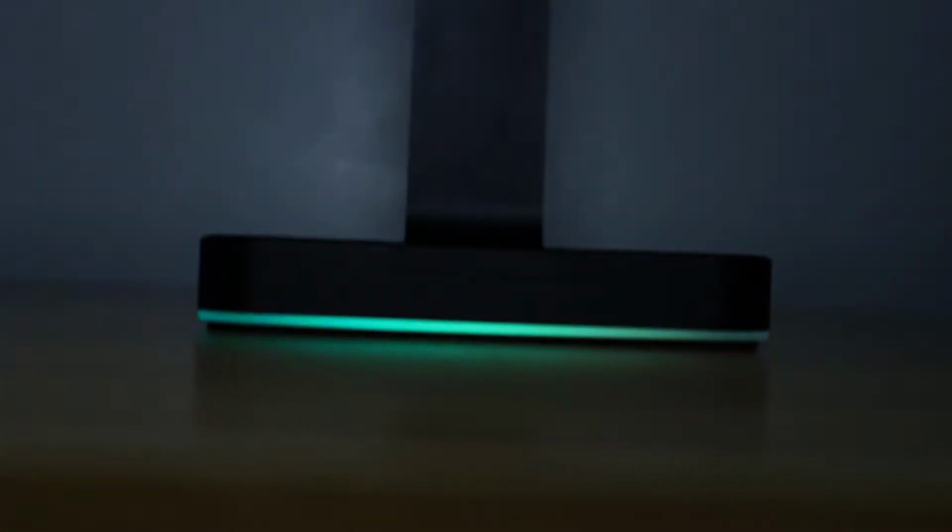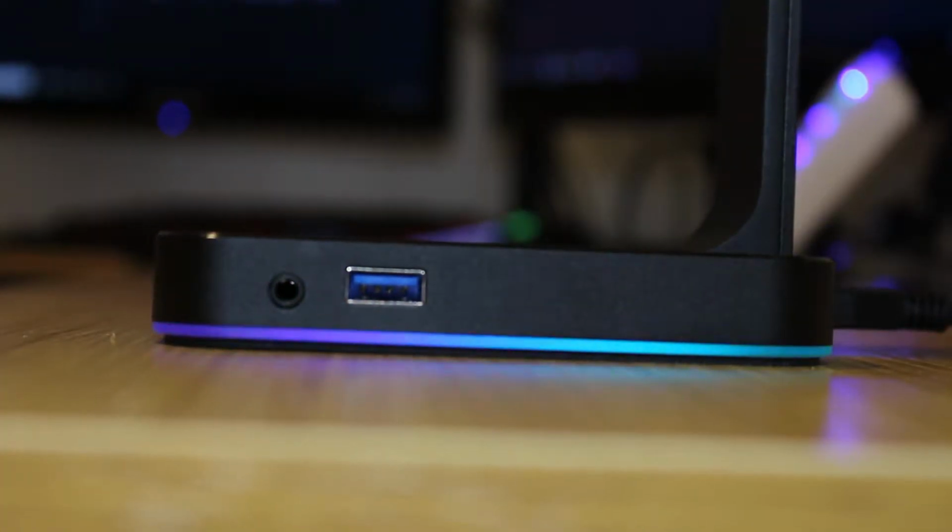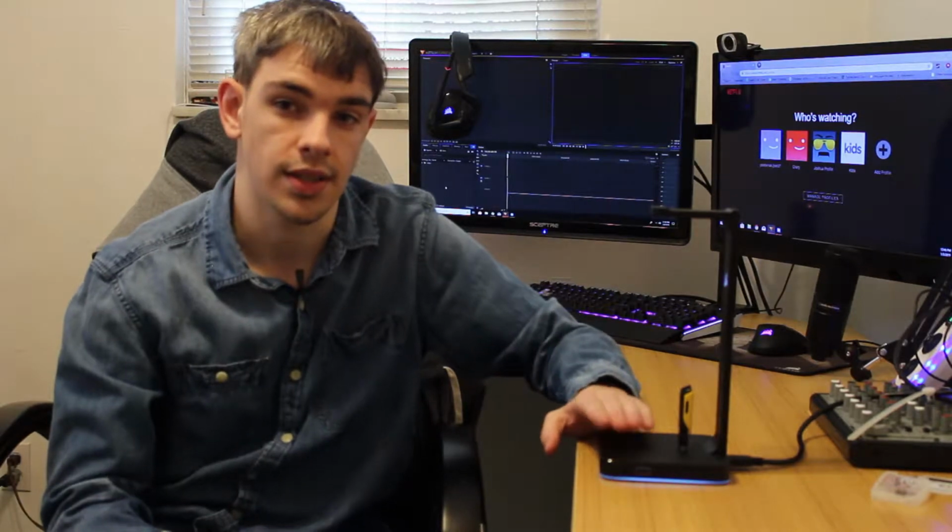Meet the all-new ST100 RGB headset stand by Corsair. The ST100 RGB premium headset stand features an aluminum construction and customizable RGB lighting, with an immersive 7.1 surround sound for any headset. Another nice feature that this headset stand offers is that it has a